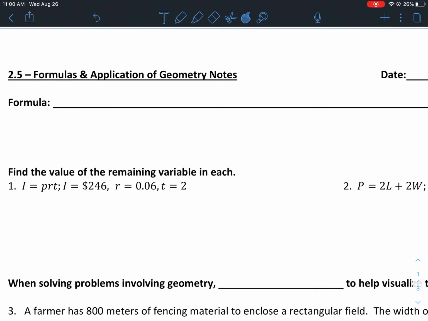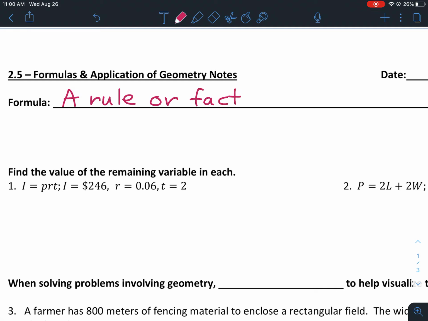Hi guys, today we are going to learn about formulas and some applications of geometry. This is going to lead into a topic we call literal equations, which we will do in class this week. So first thing we're going to do is define what a formula is, and I'm sure everybody has heard of different formulas before, but a formula is a rule